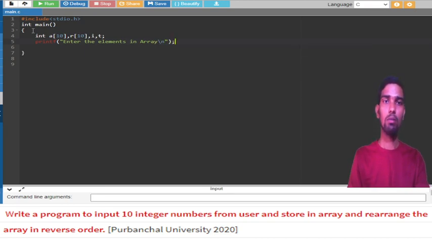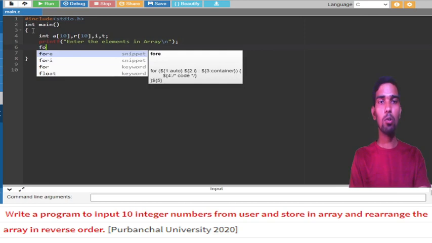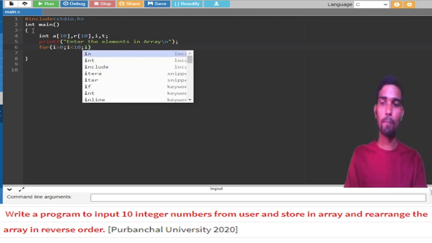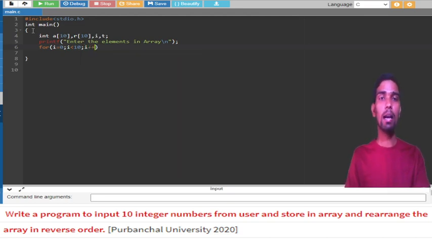Next, I am going to use one loop so I can run this multiple times and read all those inputs. i equal to 0, i is less than how much? 10. We know that is fixed for this program. If you want a user-defined size, you just mention n and read n. I am being strict to this program, so I am not making any other modification.